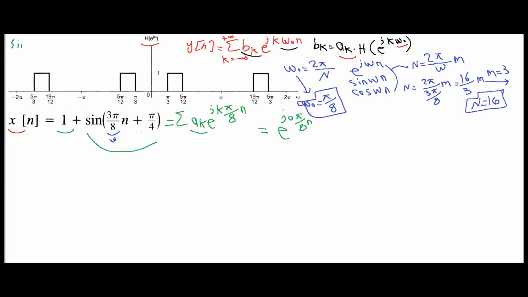Now for the sine term, using Euler formula, we know sin θ equals 1 over 2j times e^(jθ) minus 1 over 2j times e^(-jθ). So we can write